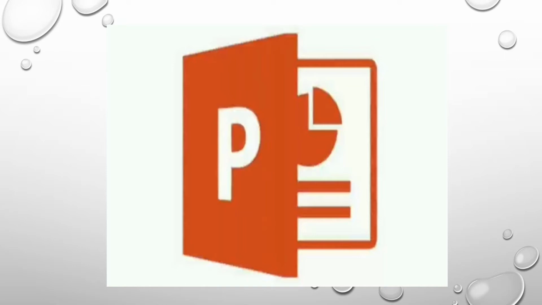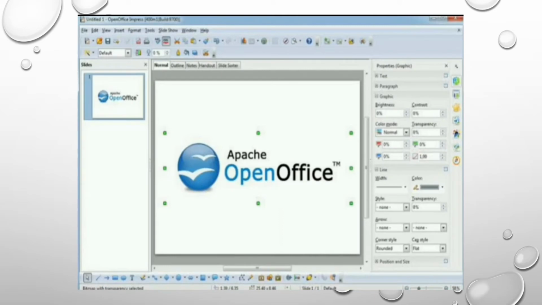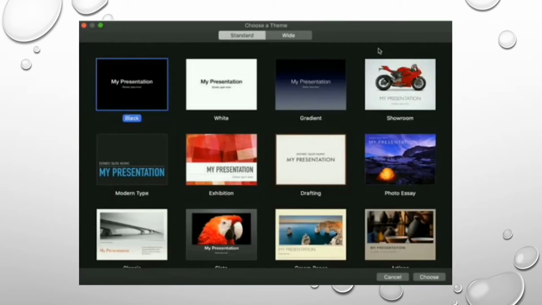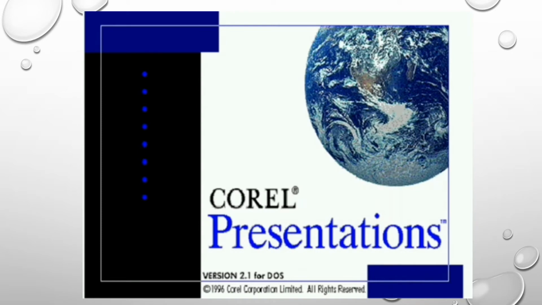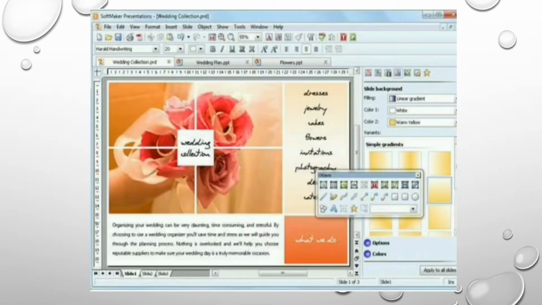So students, apart from Microsoft PowerPoint, there are a few software packages for presentations available in the market. Some of them are Office Impress, Keynote, Presentation and Maker Presentation. Students, all these are different software which help us to create slides. But everything is going to do the same things. When you compare, one or two features will be more advanced in some of this software. One may have a feature and another one may not have it.